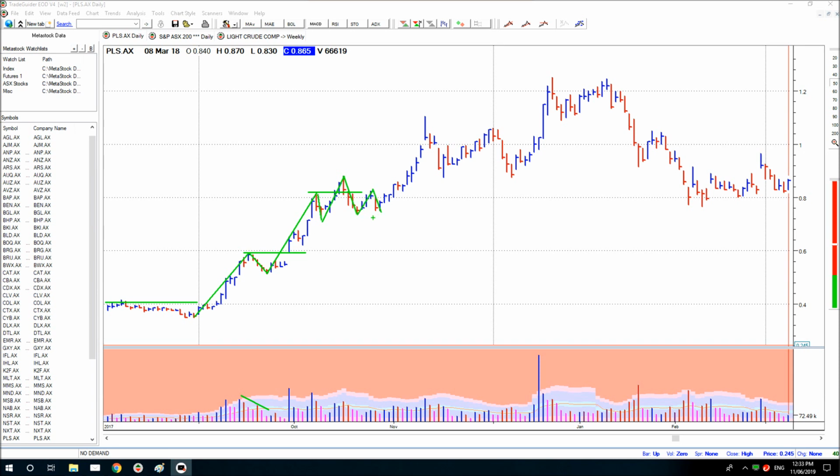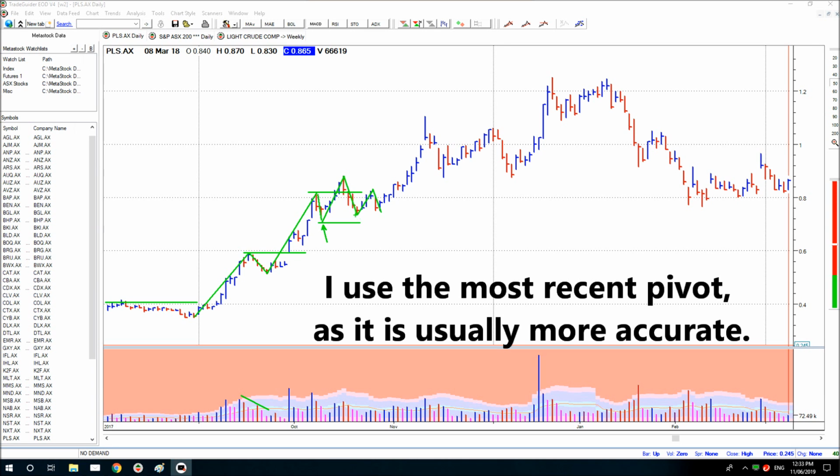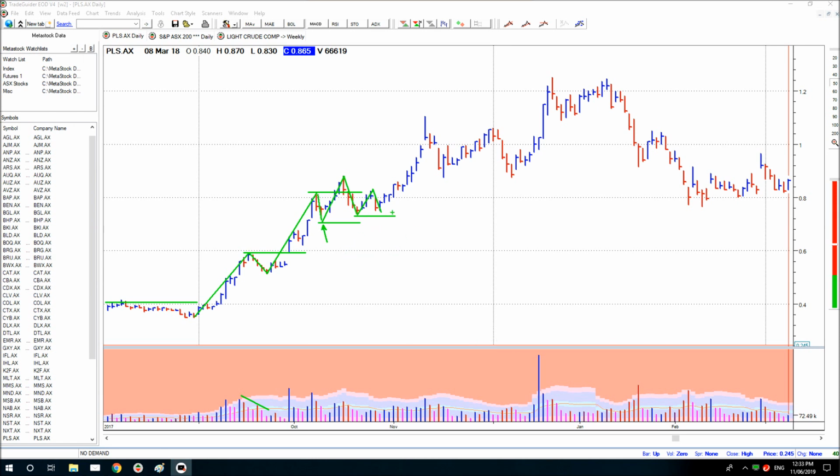This is what happens in the real world. You can see that price never broke below the previous low here, and then when the next pivot comes in, I usually use that one in preference to the previous one. I always keep this one in mind. That's not going to go away, but I would generally look at the next pivot that happens. So price didn't move below that pivot, and then price accelerates out again of that little consolidation period.